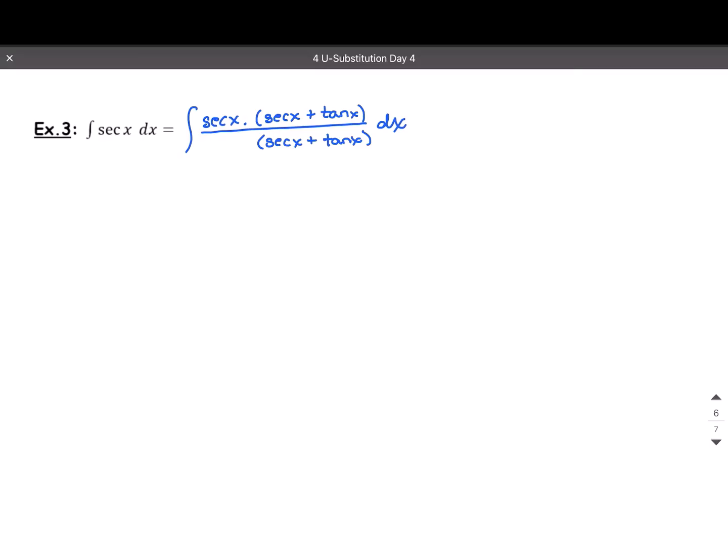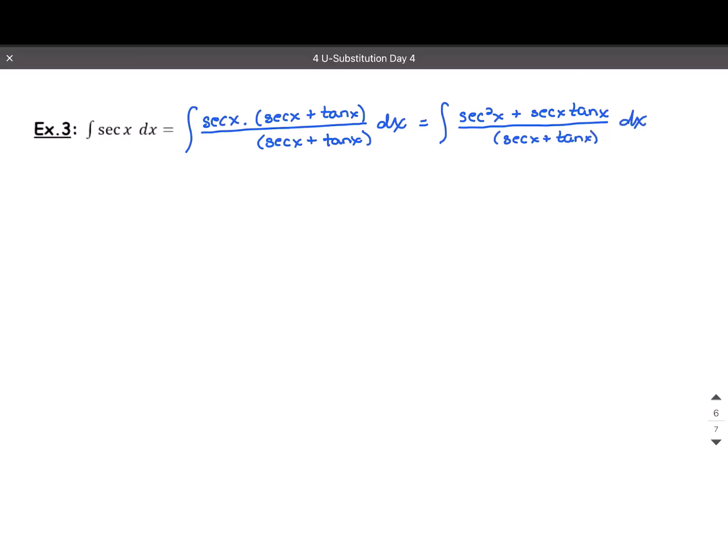Okay, this is a new technique for you. I'm multiplying by 1, but I'm using a weird trig identity. All right, now I'm going to distribute in the numerator. So secant times secant is secant squared x, plus secant times tan is secant x tan x, and that's all over the denominator, secant x plus tan x